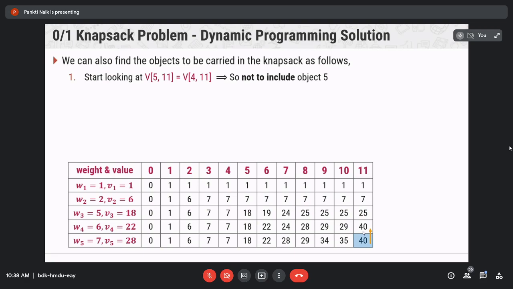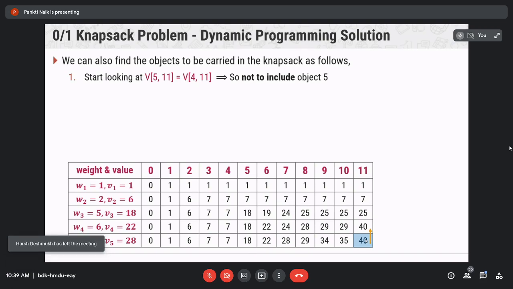Start looking at V[n][W], so V[5][11]. Look at this carefully. Now see the previous row in the same column. So that is V[4][11]. So V[5][11] is equal to V[4][11]. Yes. Right? Here V[5][11] is 40 and V[4][11] is 40.